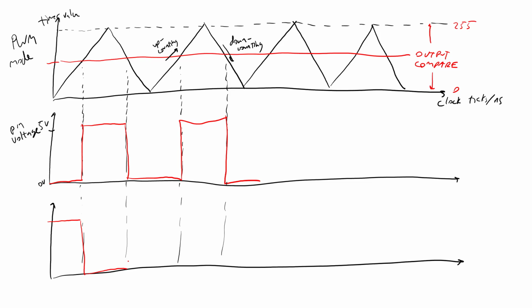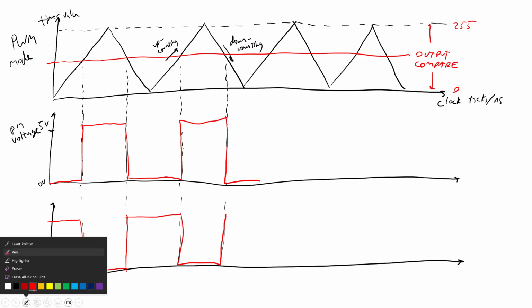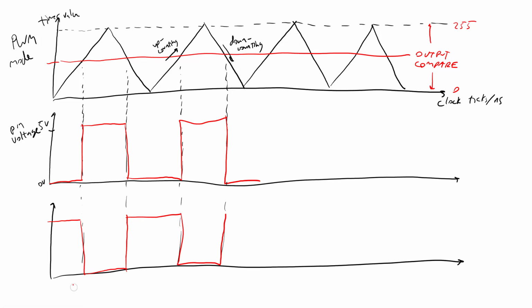It's going to go low to 0 volts, and so on. So same concept. You have the choice between these two options, and we're going to talk about that when we get to the registers in a minute. But I find the second option actually to be a little more intuitive, because remember that this output compare value